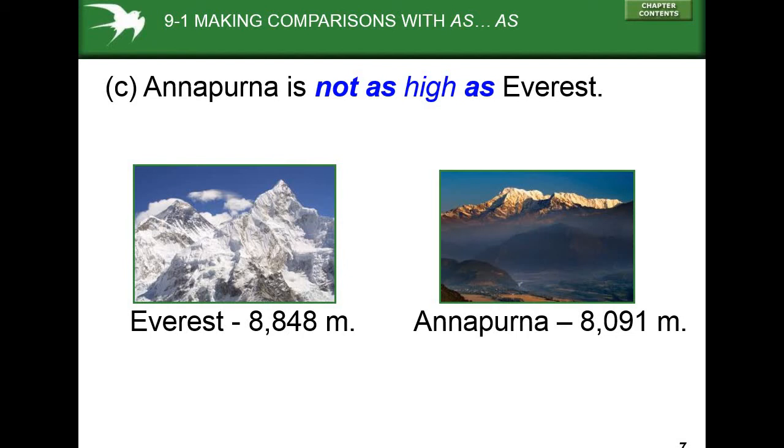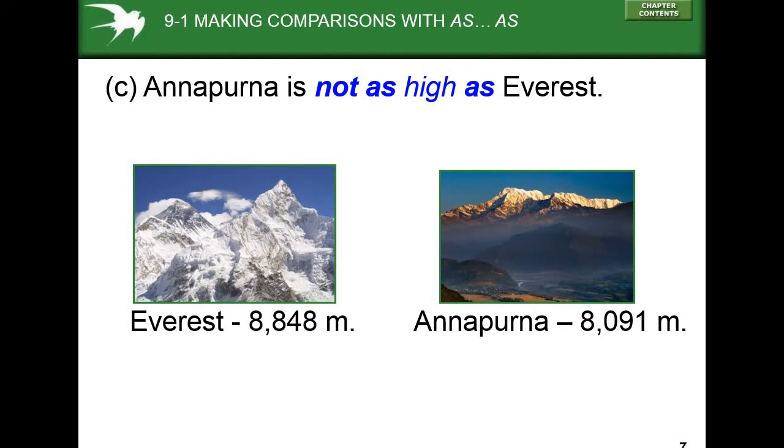Okay, so Mount Everest, the highest mountain peak in the world, isn't it? And another mountain is also there. We can see Annapurna, and the heights are there too. Mount Everest is 8,848 meters high. And what is the height of Mount Annapurna? 8,091 meters. Yes, good. So you are listening, very good.